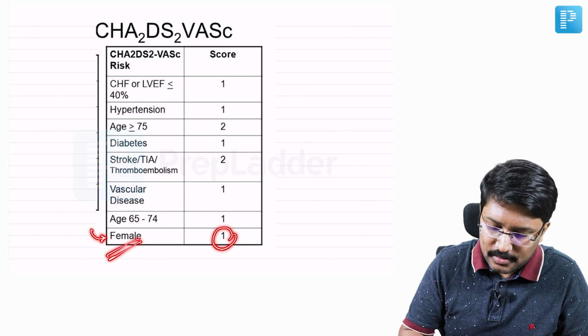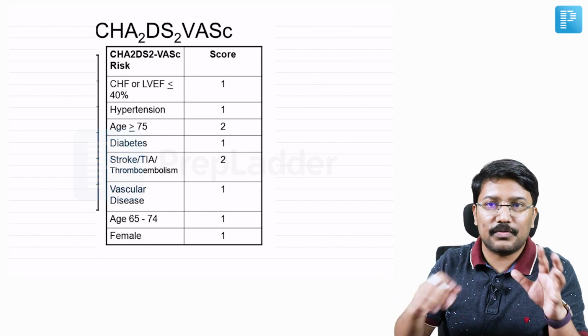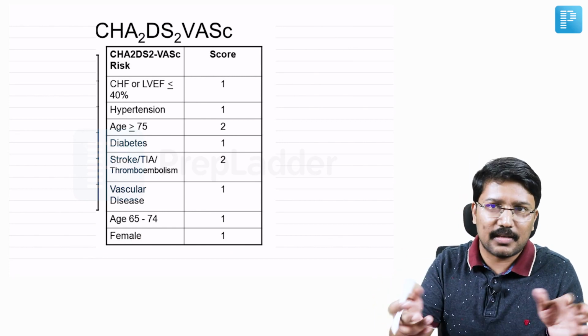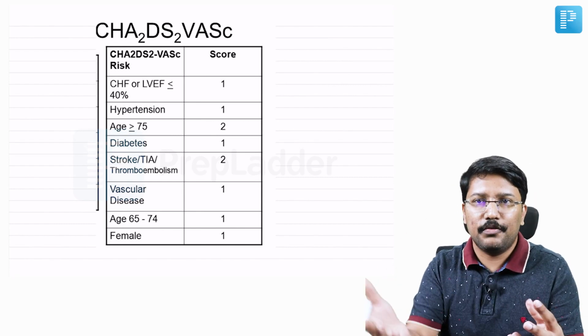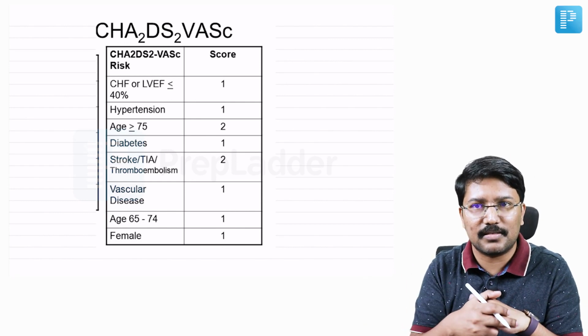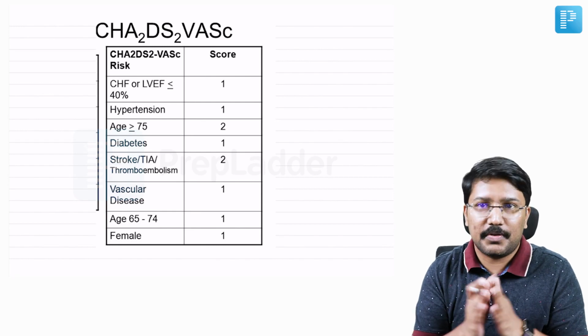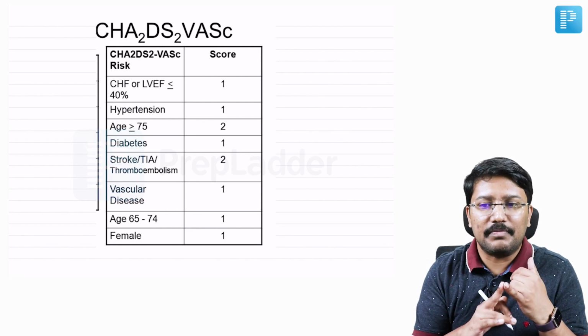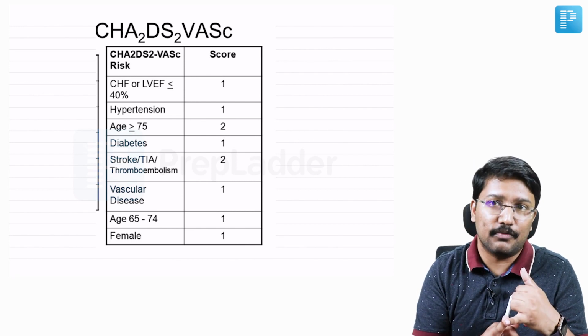Now, if you remember, even in the previous NEET SS, the general medicine side question, there was a question about the risk of thyroid cancer and they were asking which of the following is not a risk factor. So there also it was about gender, male gender, female gender. Male gender was a risk factor there, so female gender was relatively less risky. So same thing, whenever we talk about risk factors, especially if it is a scoring system, always pay attention if there is gender involved in that. So this is one more lesson that we learn from these questions.